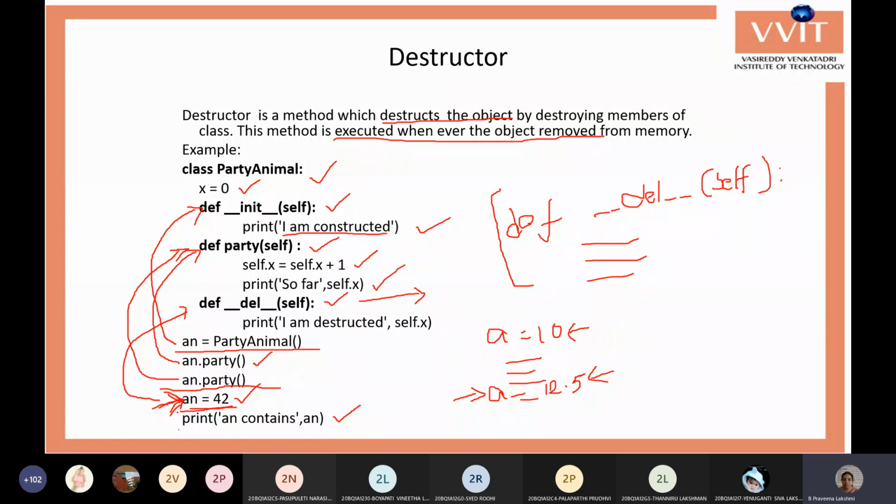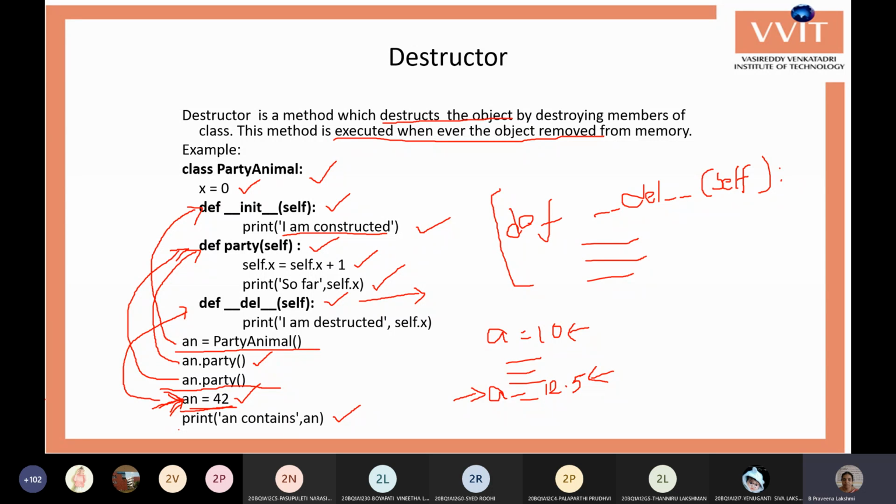That is because we don't have scope limitations here. Scope limitation is nothing but this: within a function we have a scope, but outside the function, whatever code you are writing doesn't have any particular scope. Whenever a variable is to be deleted automatically, its scope has to end. But in Python, the scope ending does not happen outside the functions. So the example is given like this: you are changing the data type, so it automatically deletes the previous variable and executes the destructor.